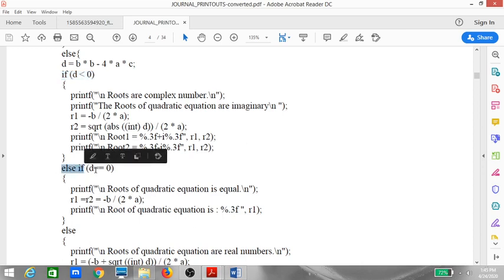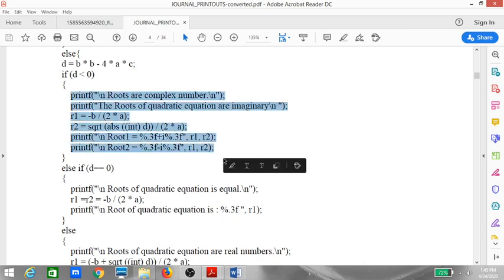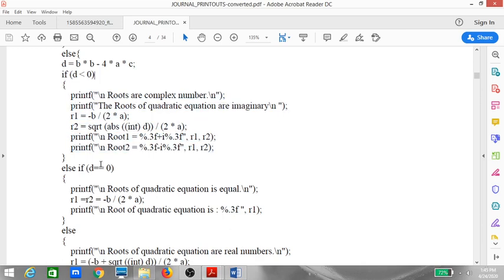In else if, what do we do? We compare the value d equal to 0. Again here we have double equal to, not a single equal to, and again not followed by a semicolon. Everywhere inside, for the printf, we have put a semicolon, but not for if and else if. Please make a note of this, and there should be a space between else and if. This is very important to understand.